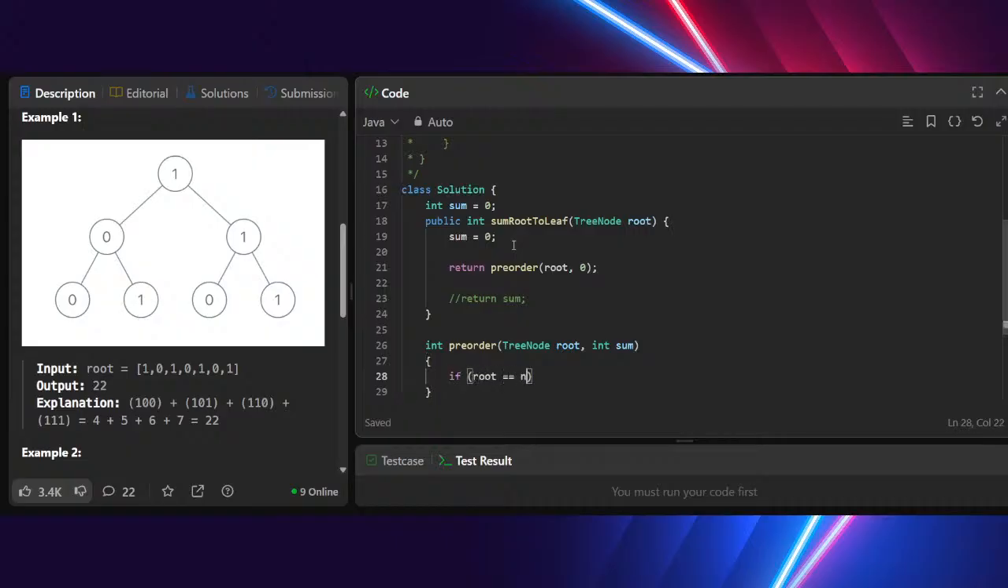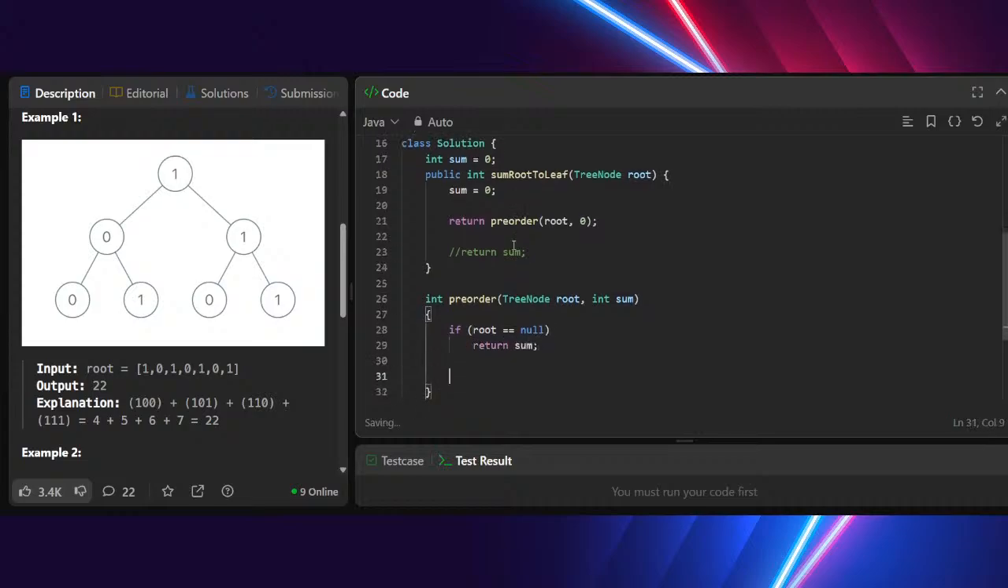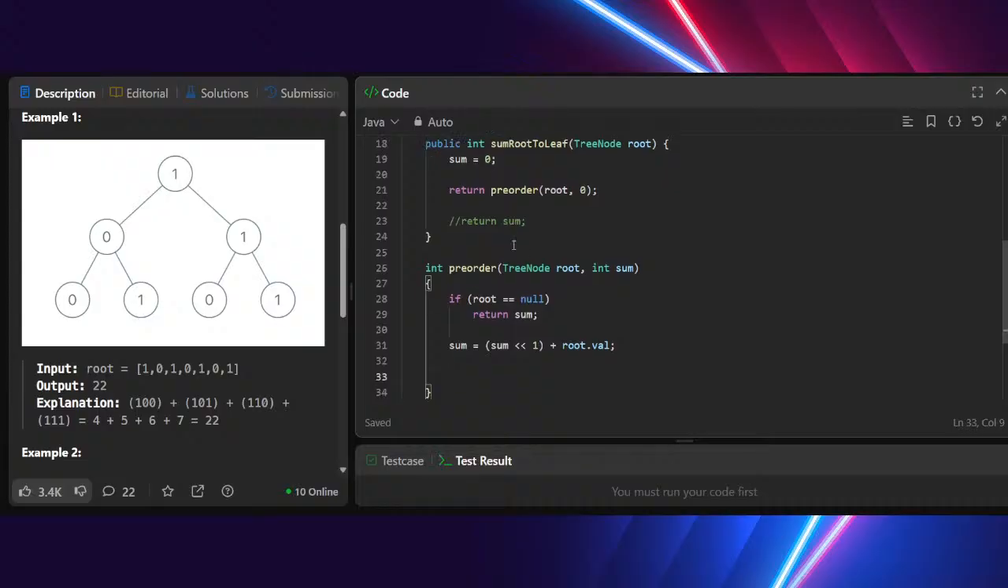So if root equals null, you return sum, right? Otherwise, if root is not equal to null, then you would add this. So you would do sum equals sum left shift by 1, and you would add whatever the value is. It's either 1 or 0, right? If it's 0, you don't add anything. If it's 1, you add 1. That's the sum that I have considered with root, and then I'll go